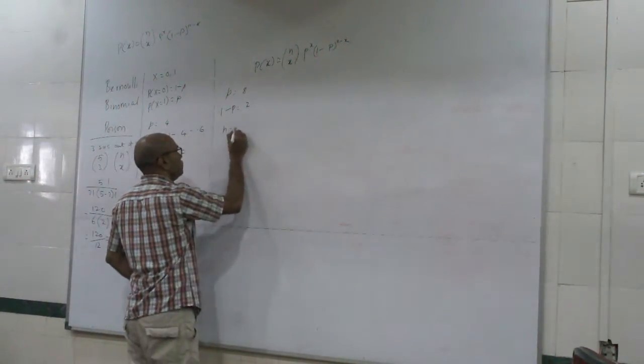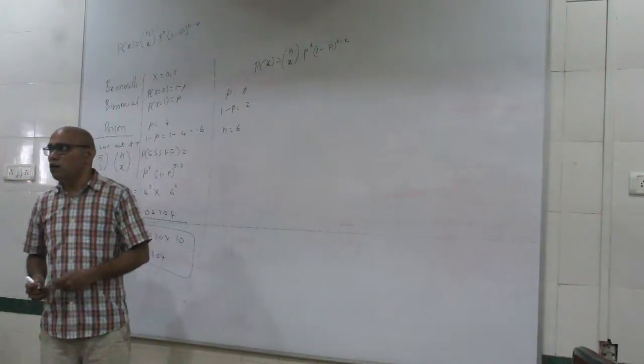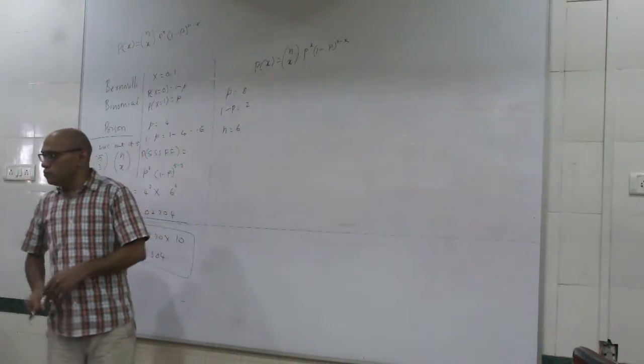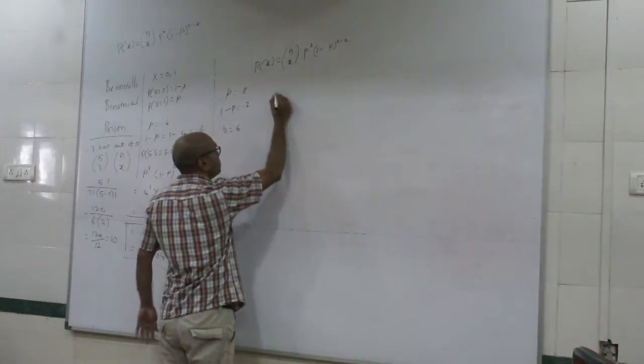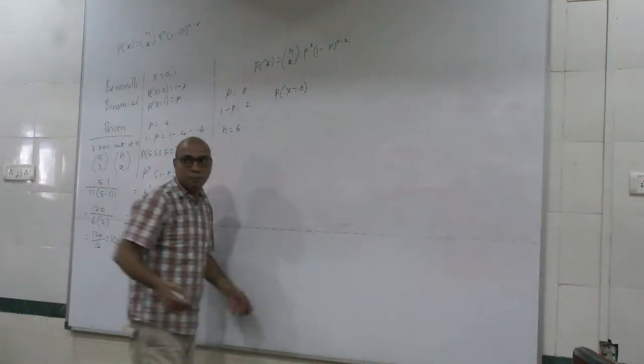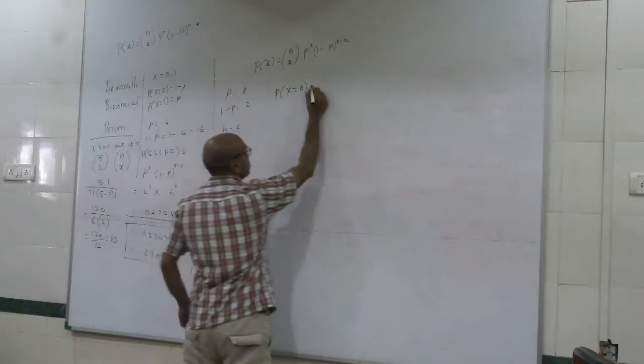So n is equal to 6 who have PTSD, and I send all of them to EMDR. Okay? So I can work out the probability that X takes a value 0, none of them are cured by using EMDR, is